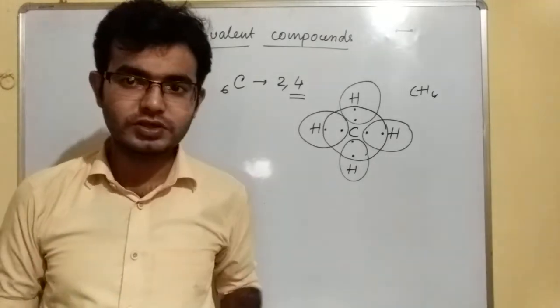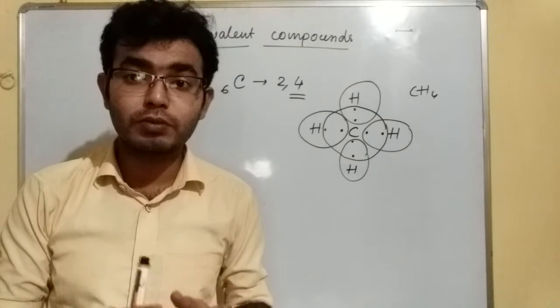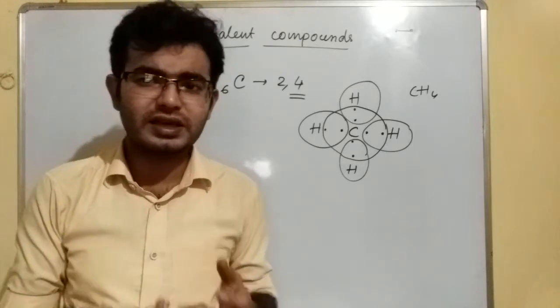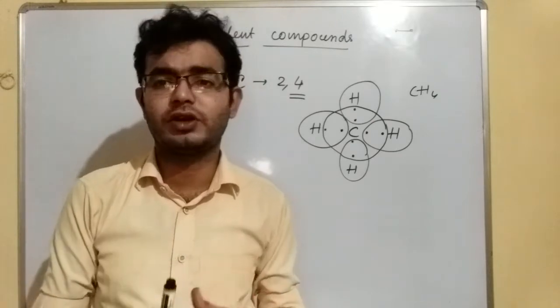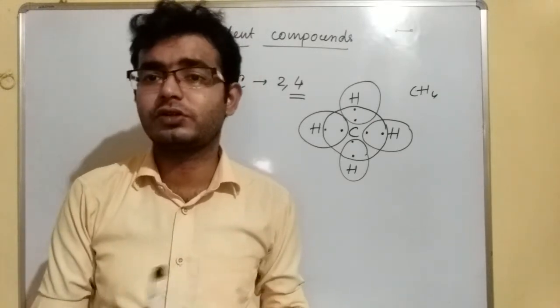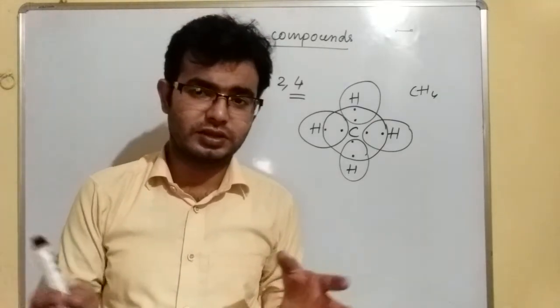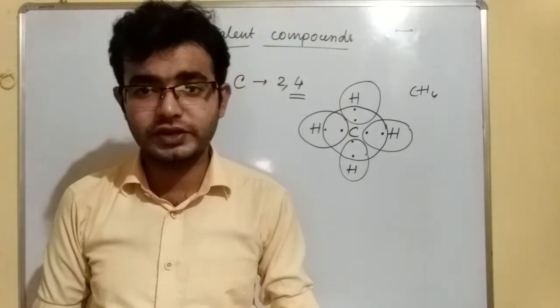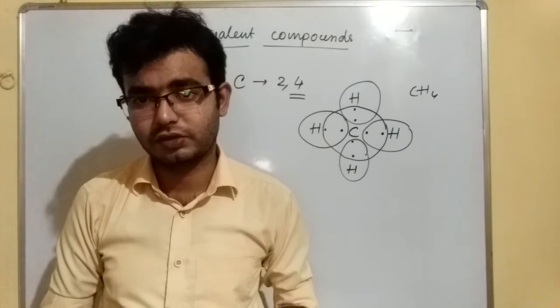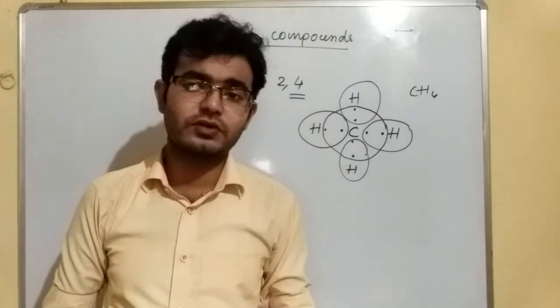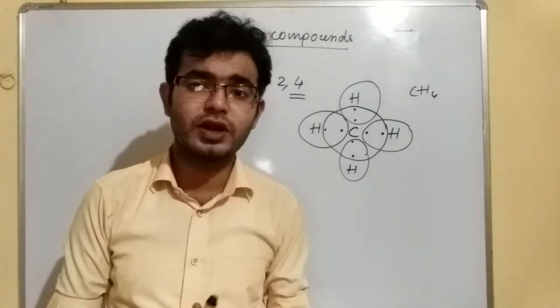So between two atoms, due to the sharing of the same number of electrons, you can say that two atoms donate the same number of electrons and they form the electron pair. Both of them use the electron pair, and the bond that is formed in between them is called the covalent bond. And the compound that is formed due to the formation of covalent bond in between two atoms is called